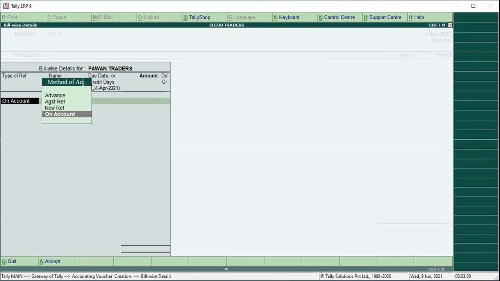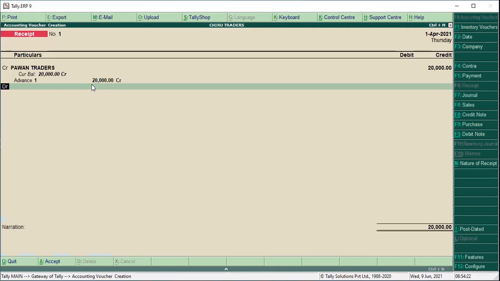You will get bill-wise details. I think I explained to you what bill-wise details are in computerized accounting. Yes, sir. So which one do you have to select? Type of reference. Which one have you selected? Advance, sir. Advance. Very good. Due date, skip the due date. Put the amount. Enter. End of list.